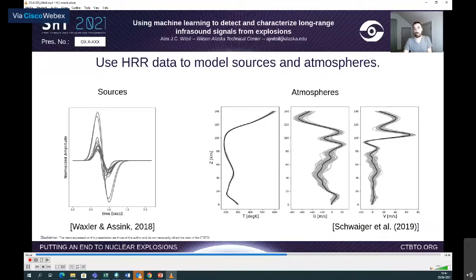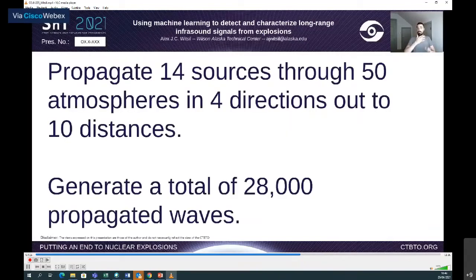Similarly, the atmospheres aren't recorded somehow. They are modeled using the software AVO G2S, but they are modeled after what we might expect the atmosphere to look like during the Humming Roadrunner experiment at the same lat-long. And so now we can use these modeled sources and atmospheres, and we actually propagated